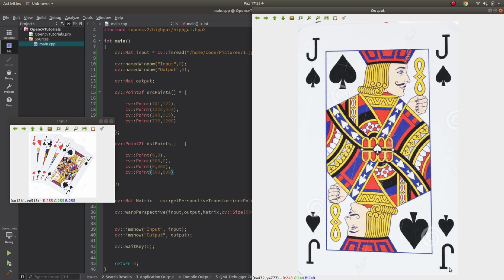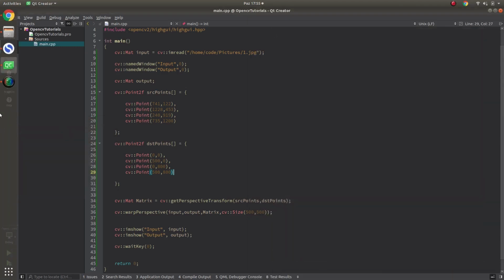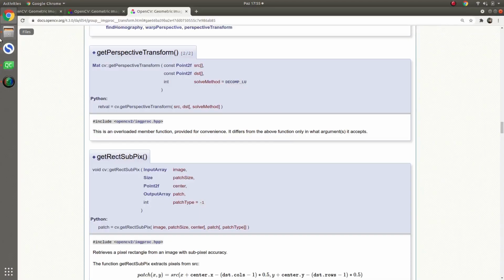This means we gave x as the width and height as 800. That's why the resolution changes according to this. Let's move on to the book side.